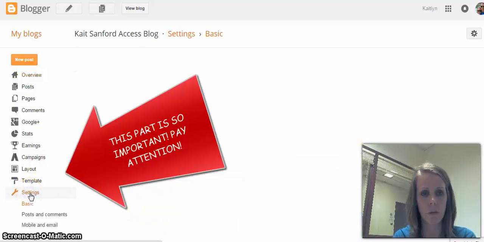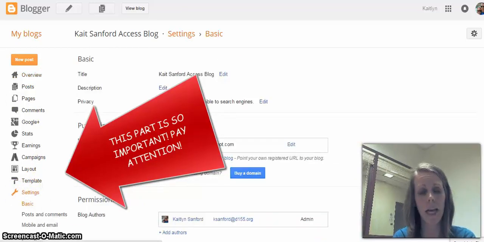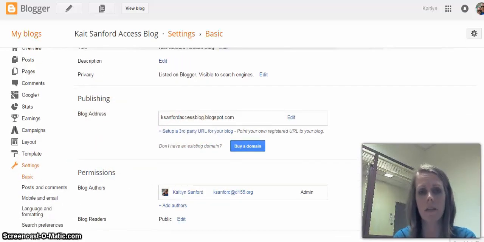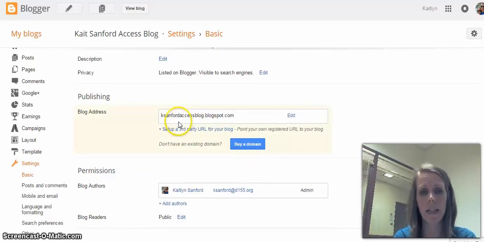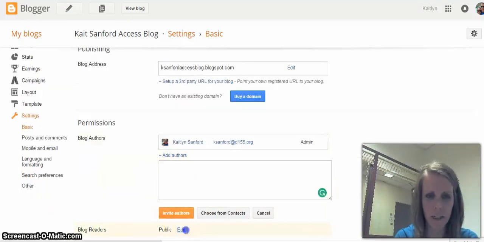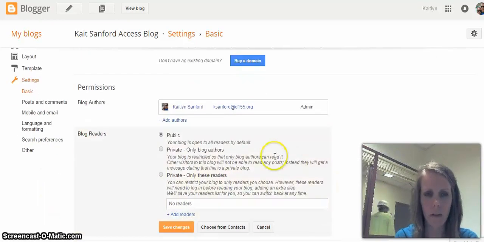This is where you're going to change your privacy settings. If you're fine with anyone in the entire world seeing your blog, then you do not have to do this. However, I would highly suggest that you keep it private because you're going to have some personal information in this blog. So you're going to go down to the bottom where it says permissions, and you're going to go down to blog readers. And in blog readers, you're going to allow only certain readers,